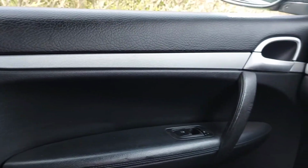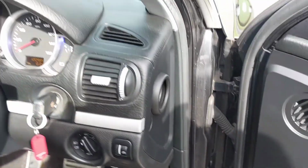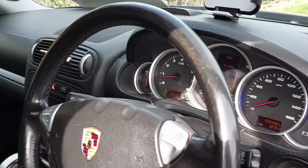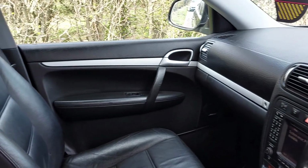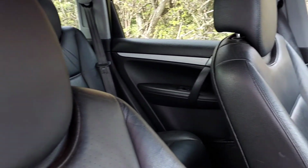I love the interior on this car. I think it's a really nice place to be. You've got plenty of space in the back. You've got really big, nice, comfortable seats, perforated leather. It's a cool place to be. If you have something like that at the back, I believe it's got a load liner in there with a built-in dog guard, so if you have dogs, you can obviously take your dogs and put them in the back